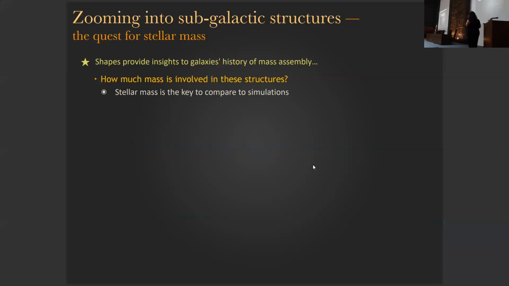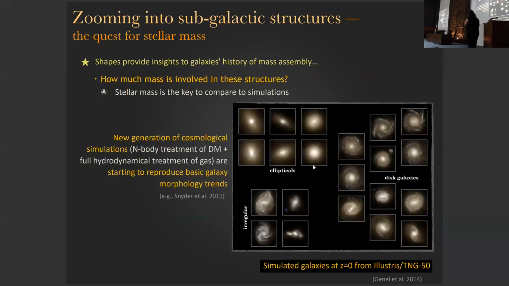So basically, the bars in this case do have a very big impact in changing the internal structure and leading to internal changes. So the shapes of galaxies, I hope I have convinced you up to now, do give us insights into the galaxy formation history, to how the mass was assembled. And we're very interested also in looking at what masses are contained in all of these structures. Stellar mass is something that connects us more directly with simulations. So it's quite important to bring observers closer to simulators.